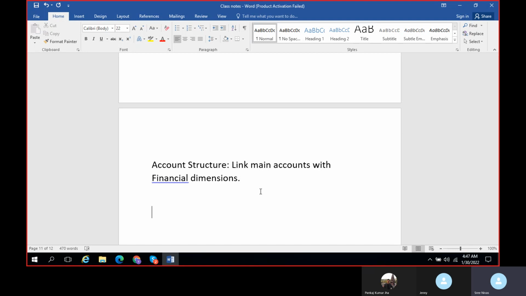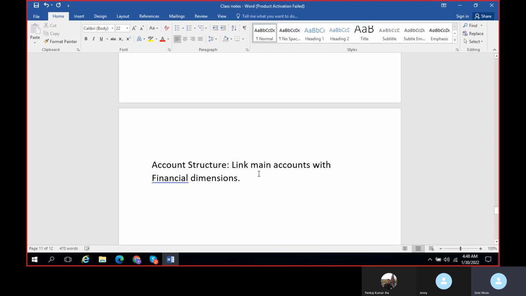If the warehouse is located in the Chennai branch, and under that Chennai branch, again under the warehouse, you will be having, let's say, 2 or 3 sub departments, like 2 or 3 groups of employees. And if while posting any transaction you want to link any of the warehouse related financial dimensions to the transactions, in the account structure you can create